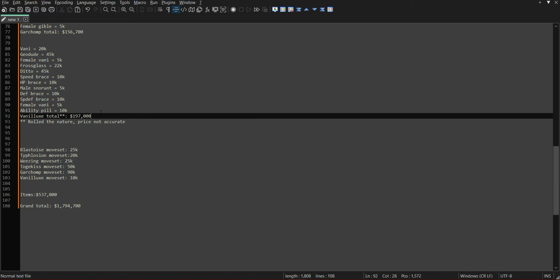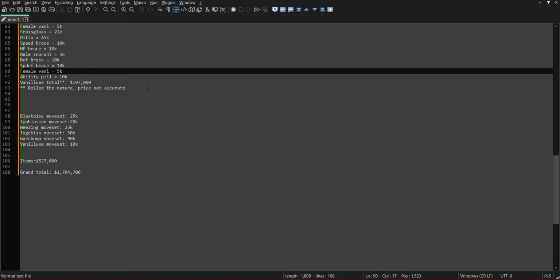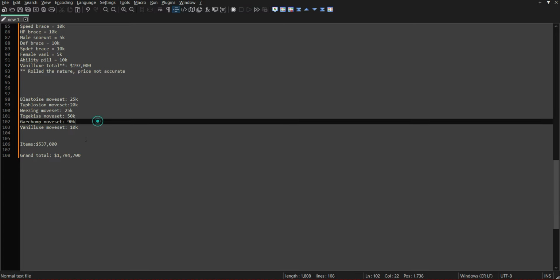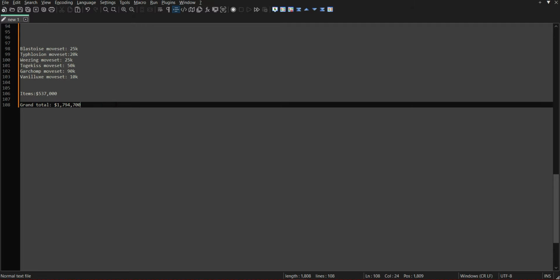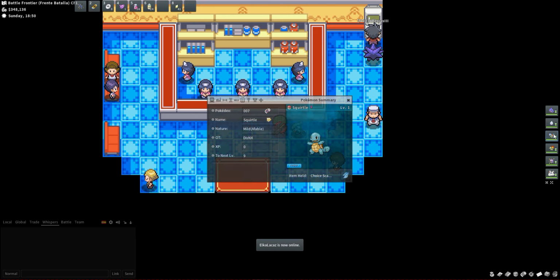I spent this much because I searched for specific IVs, so it can vary. I added up the moveset costs and the item costs, and the grand total is around 1.8 mil that I spent on this team. So yeah, it's kind of expensive, but you can